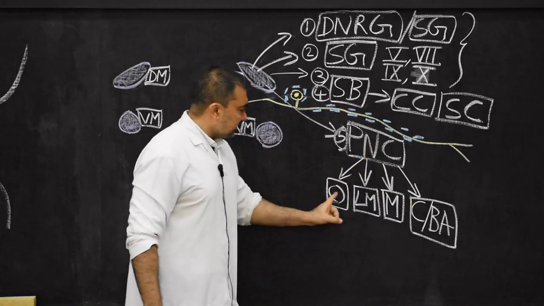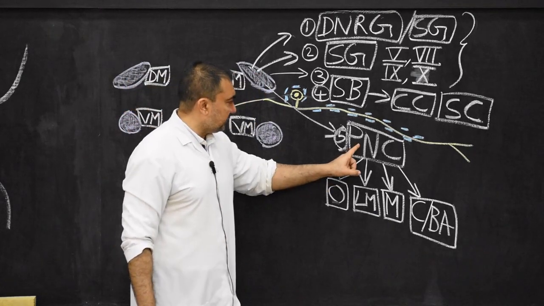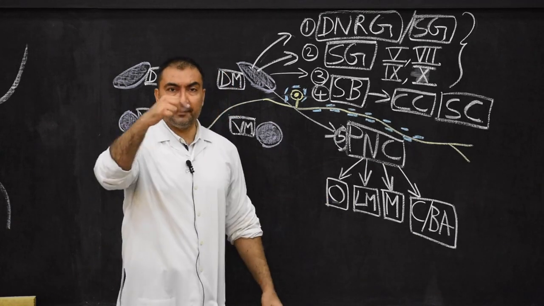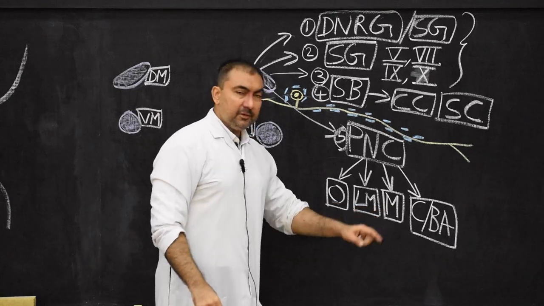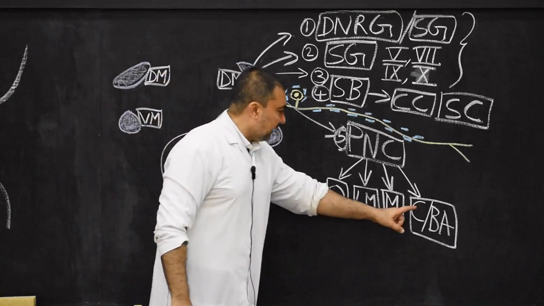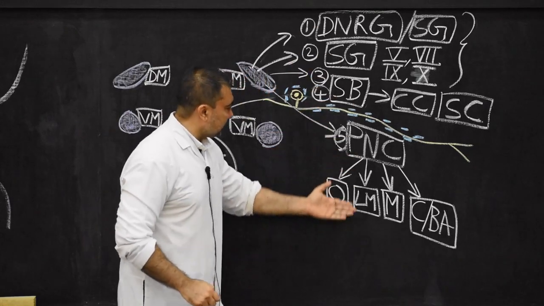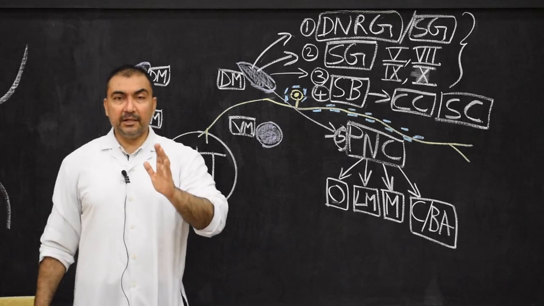So these are the structures. Straight away you have to write down in one sentence: structures developing from pluripotent neural crest cells. They are odontoblasts, which develop into dentin of the teeth; leptomeninges, pia mater, arachnoid mater; melanoblasts, which will develop into melanocytes; and cartilages of the branchial arches. So this is the list of structures that have developed from the dorsal mass of the neural crest.